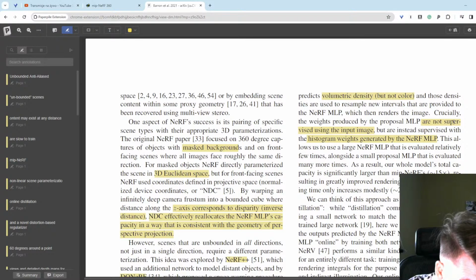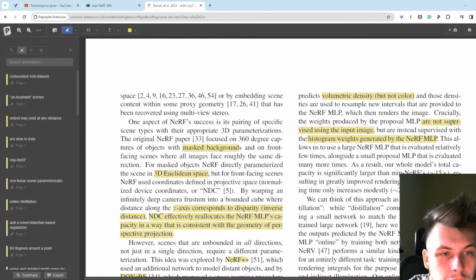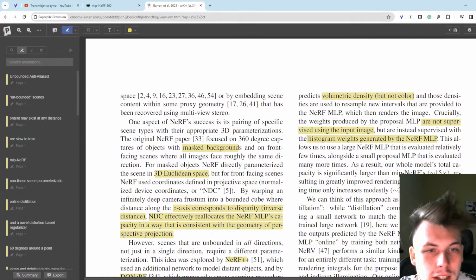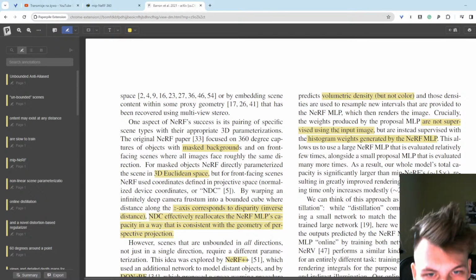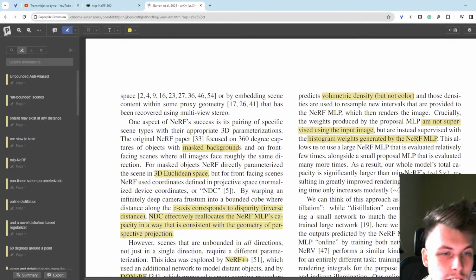But their idea here is, how about this proposal MLP, we don't have to do that for it, right? Because the NeRF MLP is going to be trained on this image, and this NeRF MLP will be trying to get some idea of the densities. And for this proposal MLP, we just need to approximate this density distribution in 3D. So that's what they say here. Instead of supervising this with the input image, they will use a histogram of weights generated by the big MLP. So they will use the big MLP as a teacher for the smaller MLP,